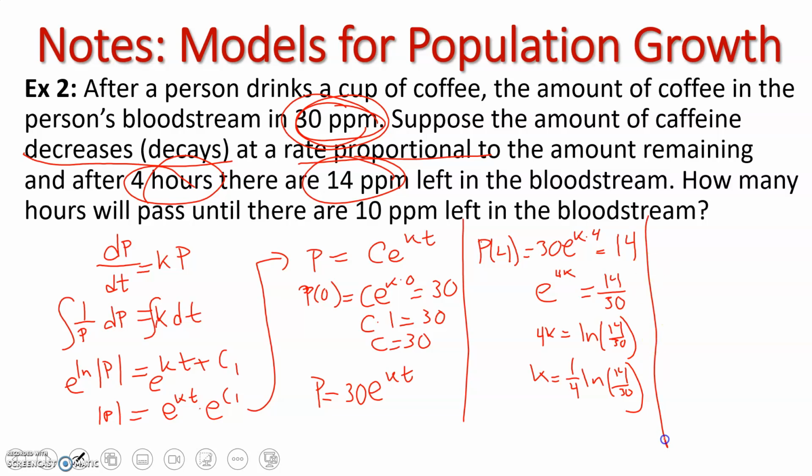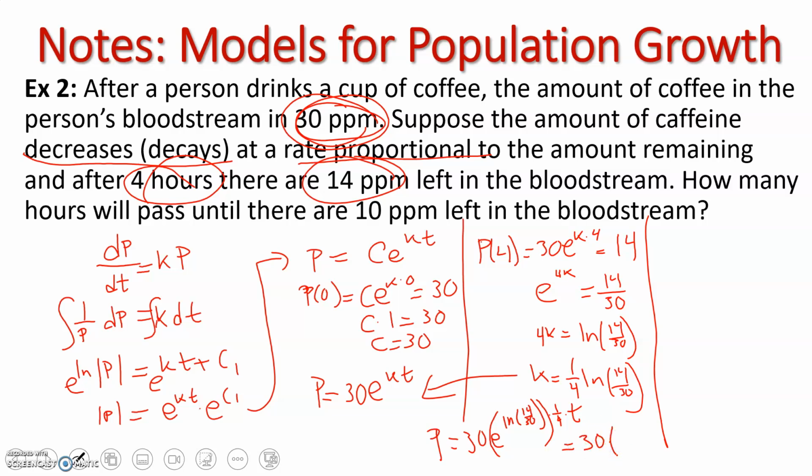Now, just like before, plugging this back in to this equation, we're going to see that P is equal to 30e, and then once again, we can see that the ln part, 14/30ths, and the 1/4 can join the t, but the ln and the e will cancel, leaving us with 30